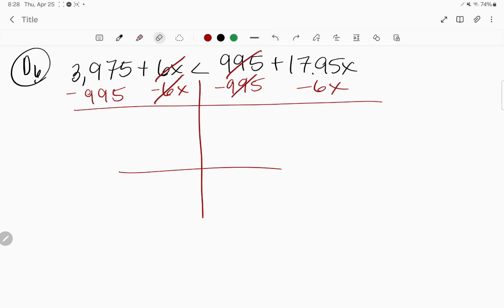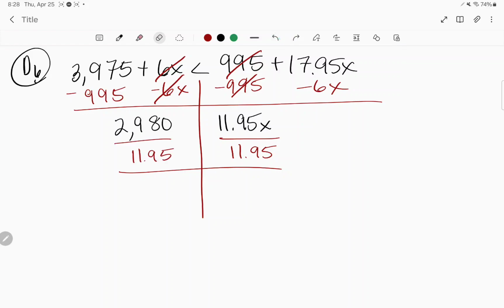Okay, so the first thing I'm going to do is subtract 995 from each side and subtract 6x from each side. Look what I have left, I have 2,980 is equal to 11.95x. And then I divide each side by 11.95. And you have x is equal to